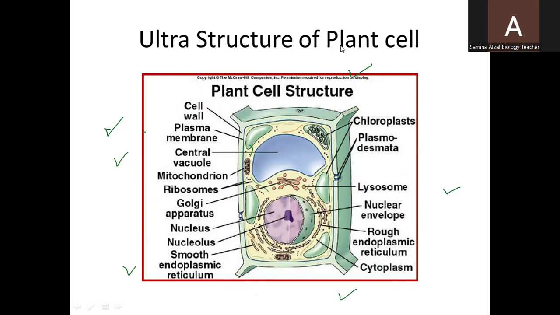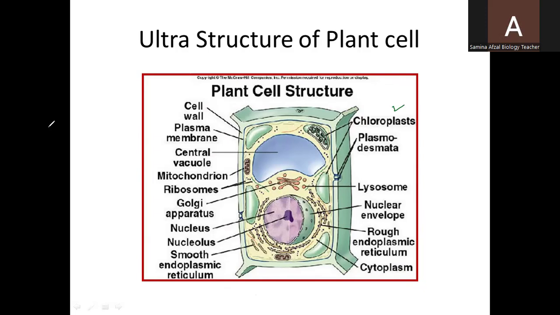In the next slide, you can see the ultrastructure of the plant cell, and the outermost layer you can see is the cell wall, which is absent in animal cell. Plasma membrane is there. A central single large vacuole is there. Again, mitochondria are there. The chloroplasts are there. Plasmodesmata, which are the pores between two cells in the cell wall,